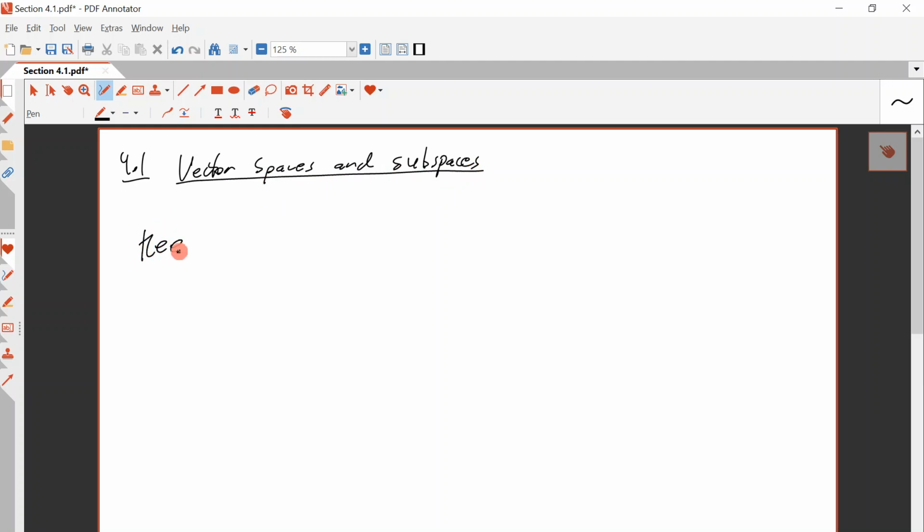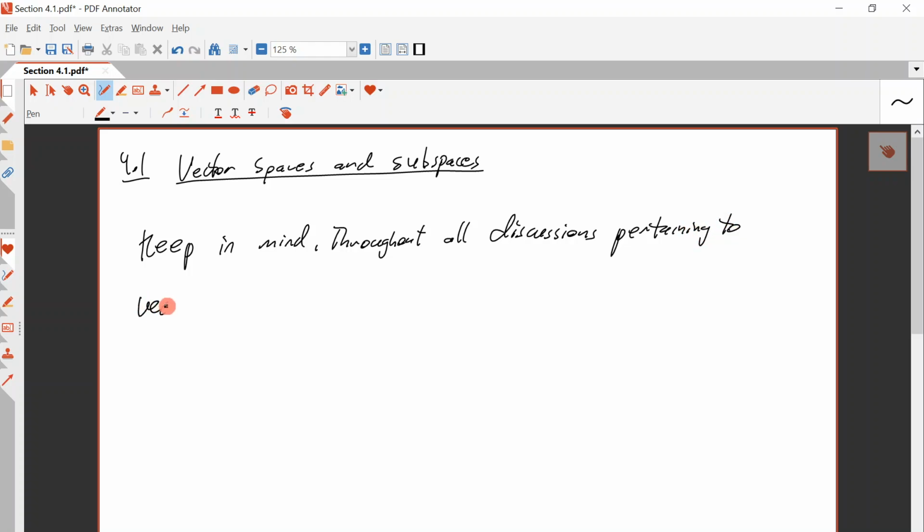Keep in mind throughout all discussions pertaining to vector spaces and subspaces,